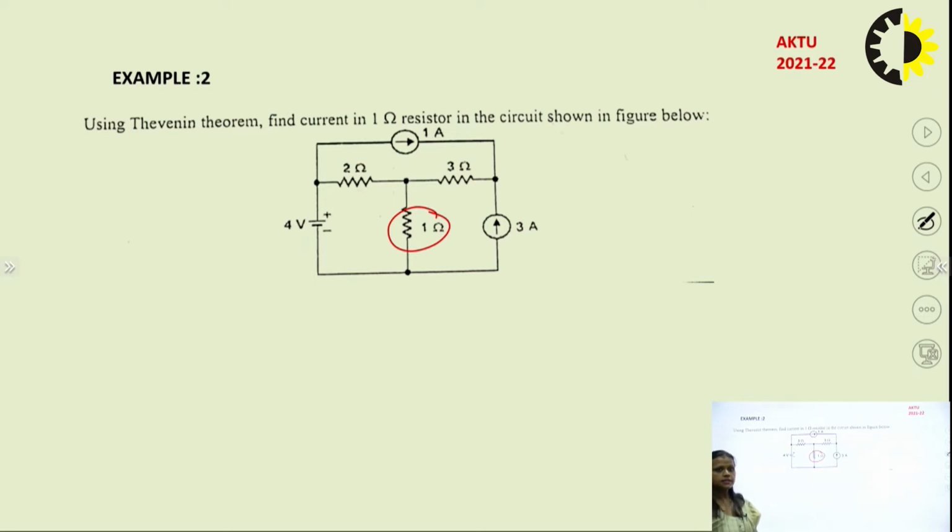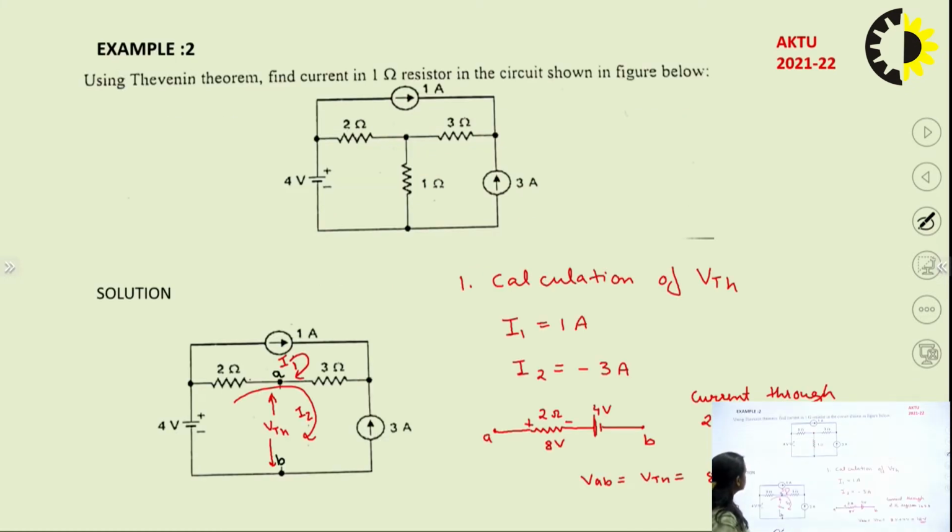So what is the first step? The first step is that you will remove this resistance and mark the terminals. Whatever you want, A, B, X, Y, you can name it, right? So you will first remove this resistance. Here you can see that we have removed the resistance, and now the second step is